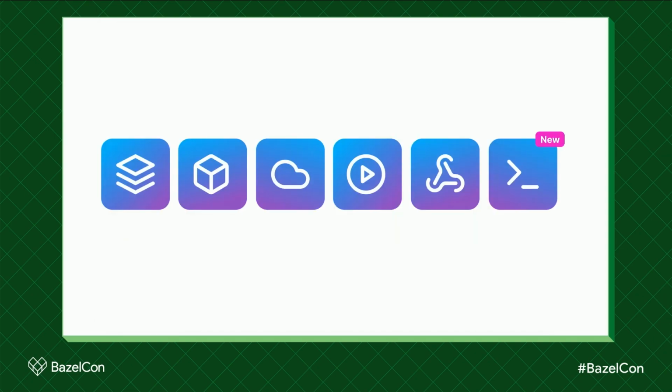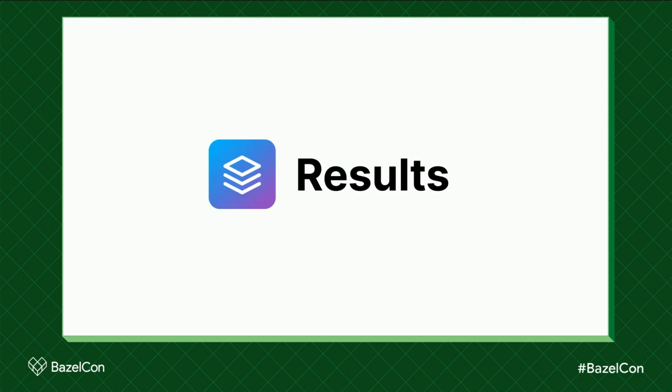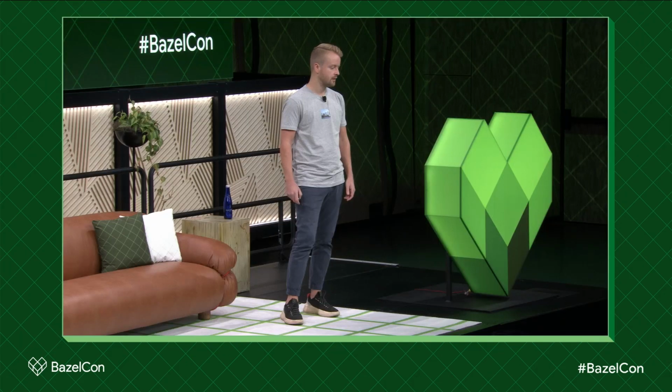get started with. So there are 6 core components of BuildBuddy that I want to walk you through today, 5 that you might have already tried out, and 1 new one that we're announcing today. The first is our results UI. It allows engineers to analyze and debug their builds with a simple web interface. And integrating is as easy as adding a couple lines to your Basil RC.